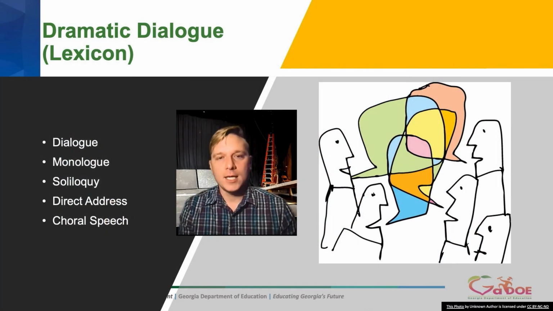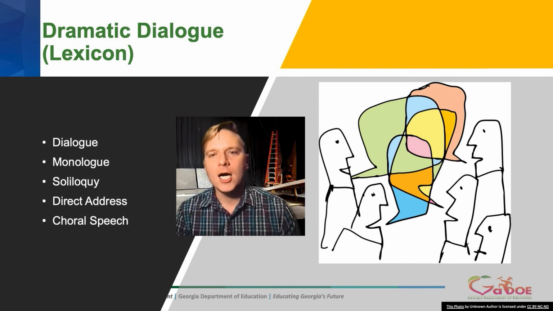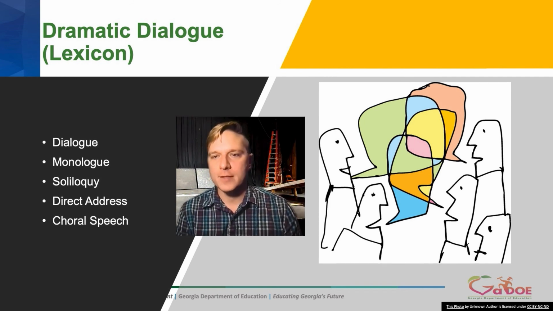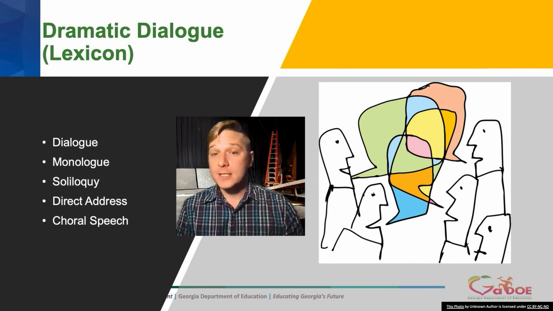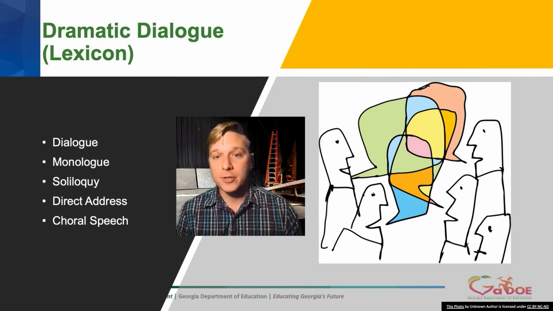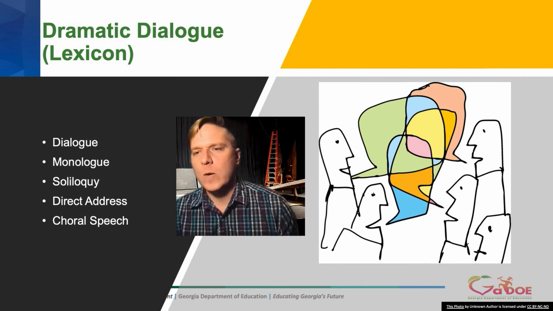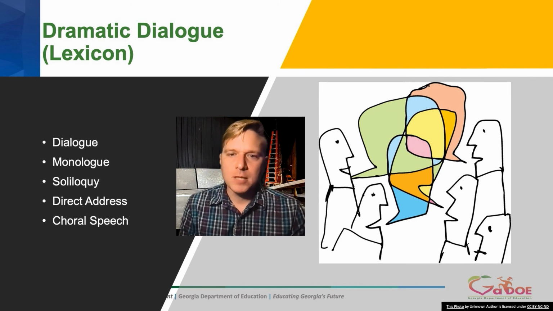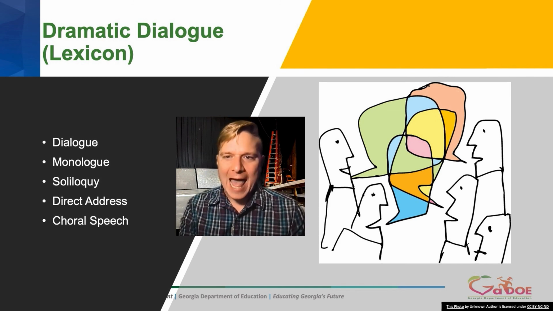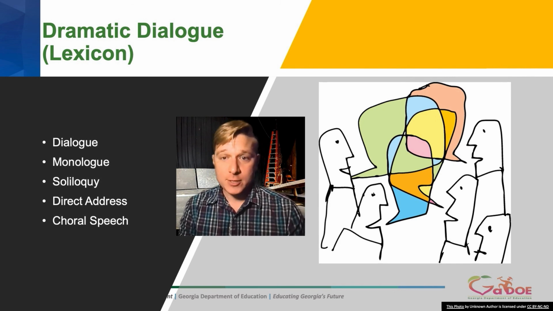Now the lexicon. The lexicon is all of the words in the play. We're going to look at lexicon through the lens of dramatic dialogue. Dramatic dialogue refers to the active use of the text by the characters. This is often similar to dialogue found in traditional literature. The main difference is the weight it carries in terms of conveying the plot. A theatrical text relies heavily on the dialogue to convey as much of the plot as possible. For this reason, it's beneficial to put as much of the action into the spoken words as possible.